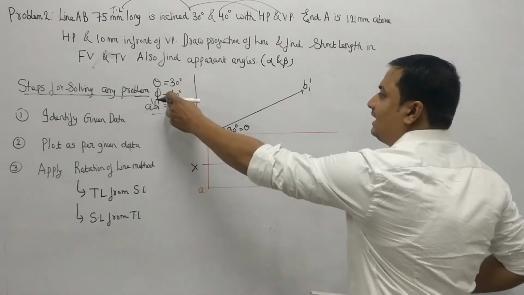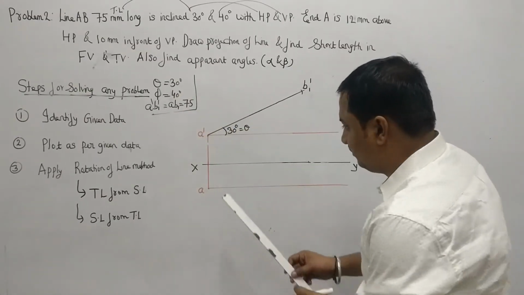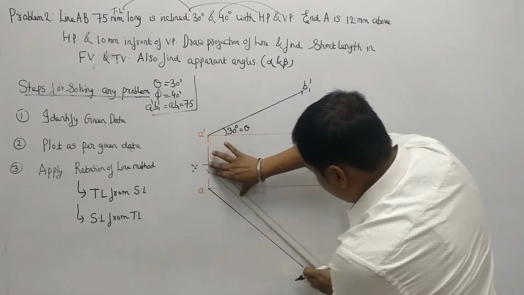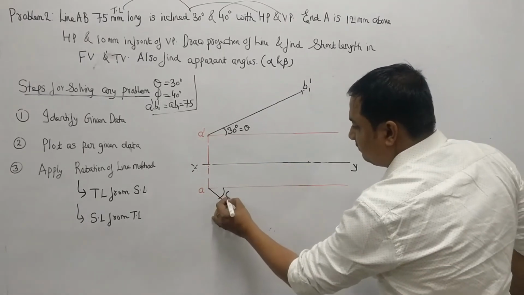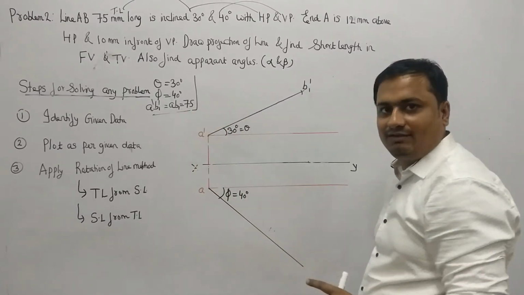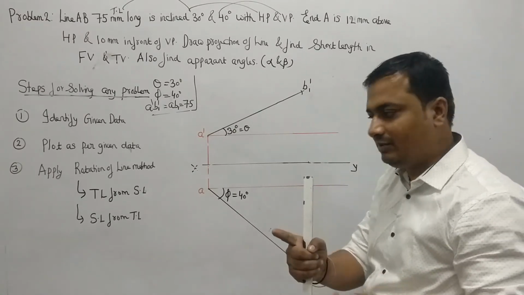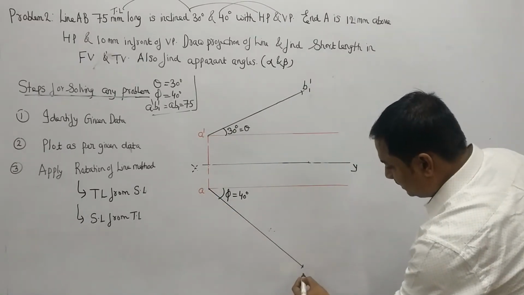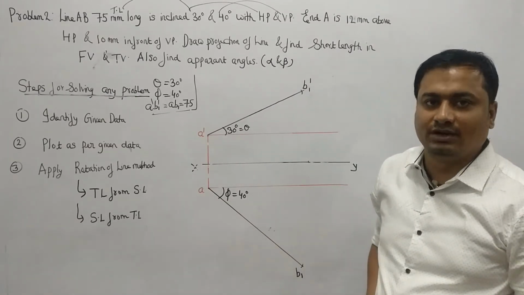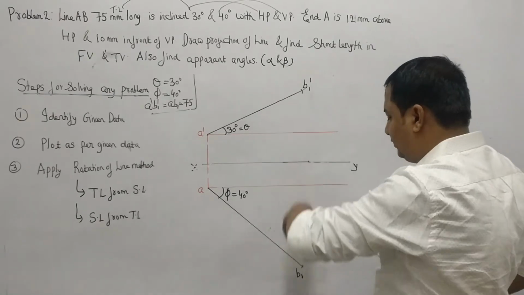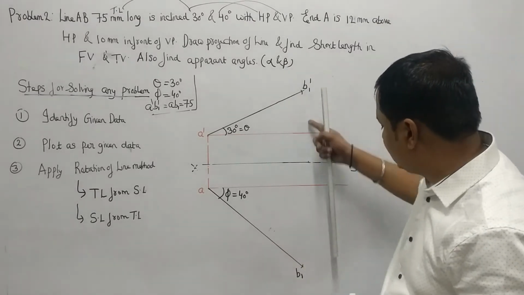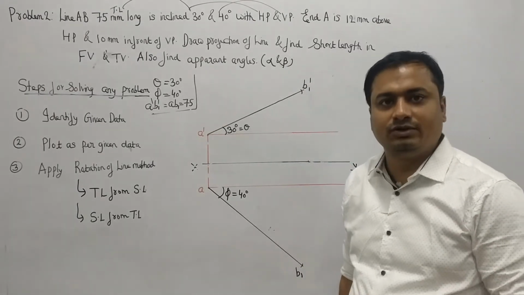Okay, phi is the angle made by A, because that is the top view angle. So from A, draw a line at 40 degrees, so this is phi, that is 40 degrees. Again A B1 is 75, so with the compass, 75 mm, cut on this line. Wherever it cuts, that point will be named B1, because this is again the true length, not the short length. Now these are not going to match; this will not be on the same line, so don't ever use the concept that B1 dash and B1 are going to be on the same line. No, this is not going on the same line.